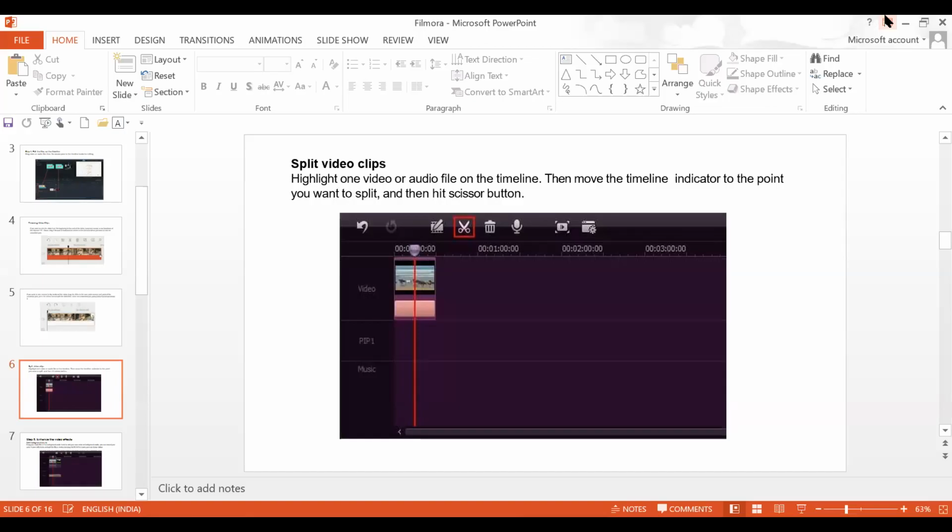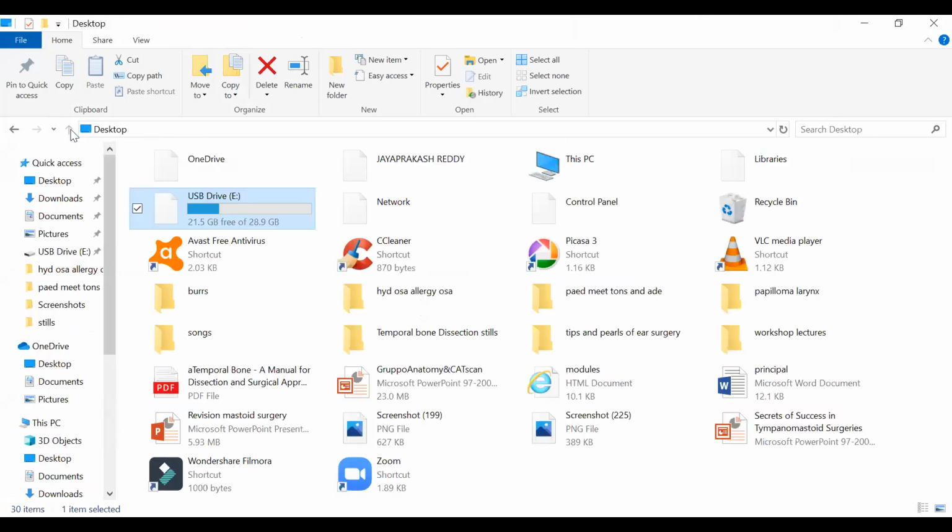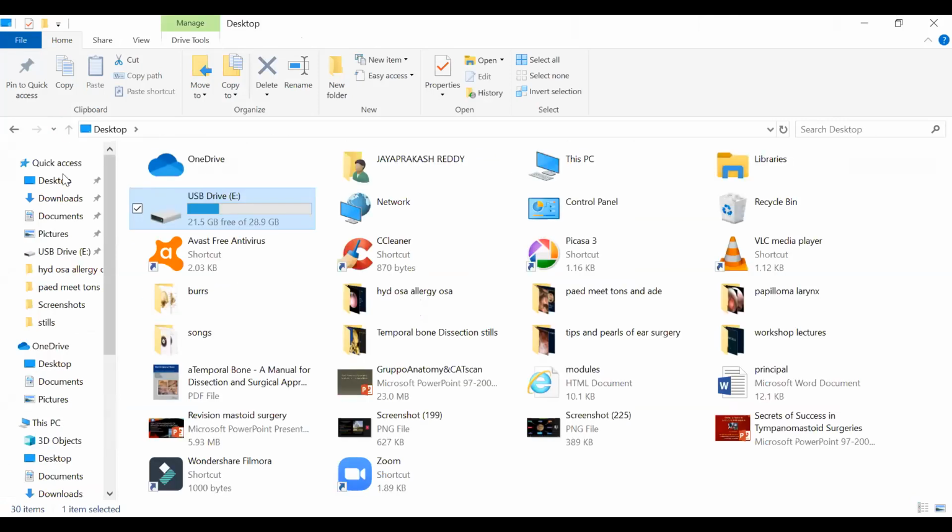Whiteboard I have seen. Then whatever I have opened, the PowerPoint, it is there. See, desktop also will be there. One of them will be desktop. Okay. Yeah, that is the desktop.